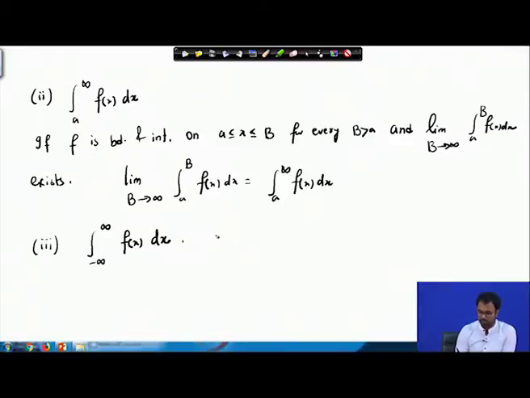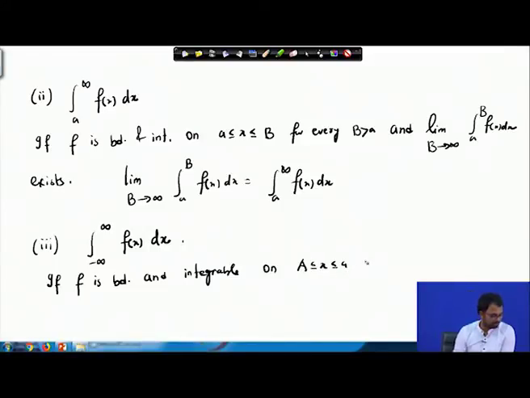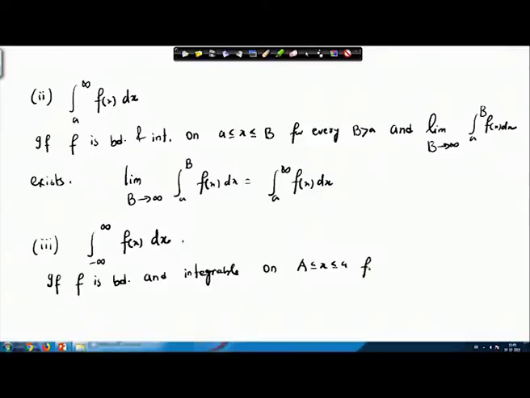So, we will write: if f is bounded and integrable on capital A less or equal to x less or equal to a, for small a greater than capital A, and on capital B greater or equal to x greater or equal to a for every b greater than a,